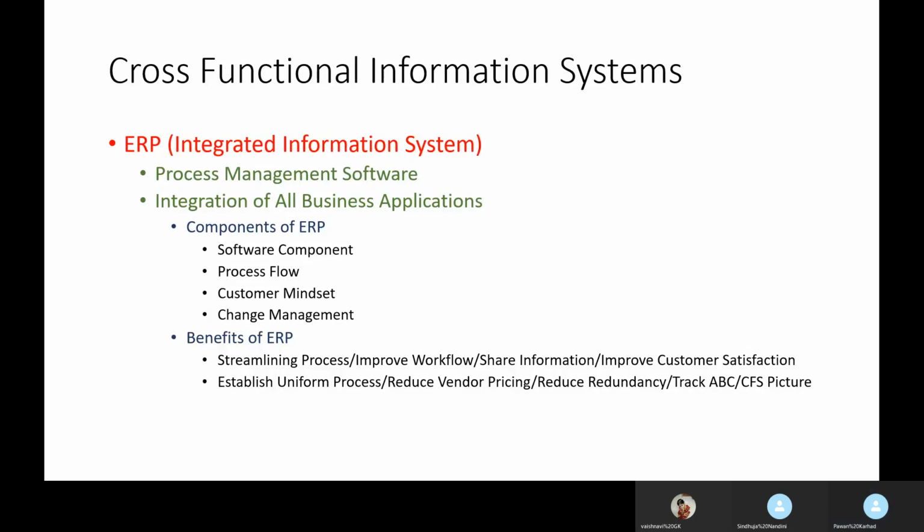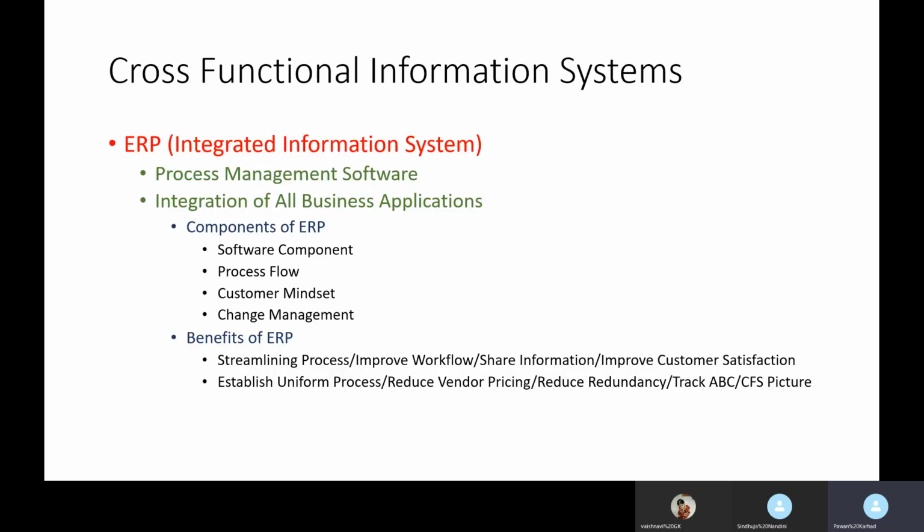Okay, now let's see what is the software component. Okay, the software component is the only visible part. You can see the software, and in that you will see several modules like finance, human resources, supply chain management, and business intelligence. Okay, so in software component you have to write that ERP has different modules. Each module is for different function. It facilitates flow of information through these modules.